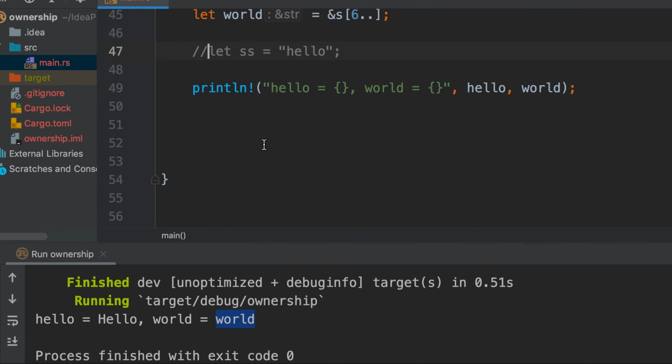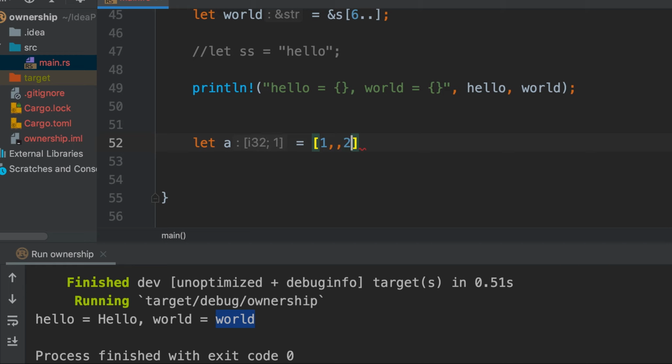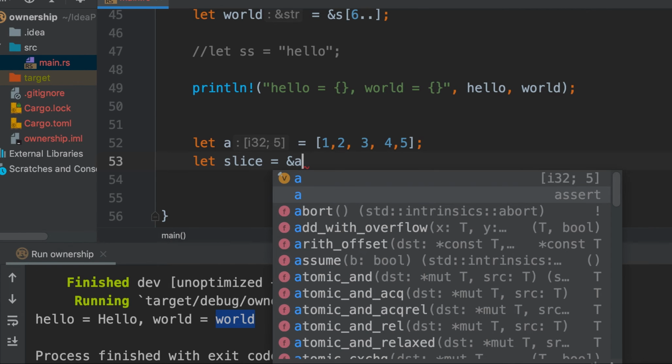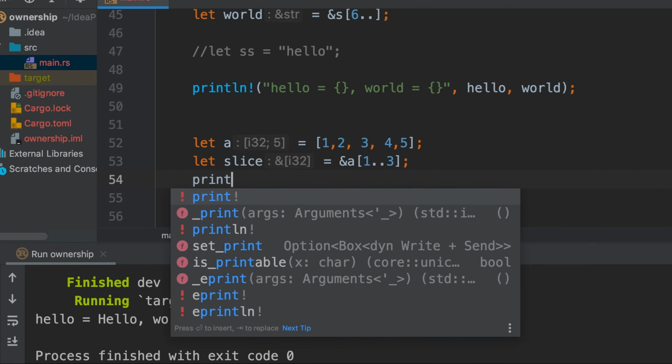Now also let's see the generic slices. So we create an array. And we create a slice out of it. So it's pointing to index 1, which is 2 in this case, and then the length is 2. So it should include 2 and 3. And we can confirm that by printing